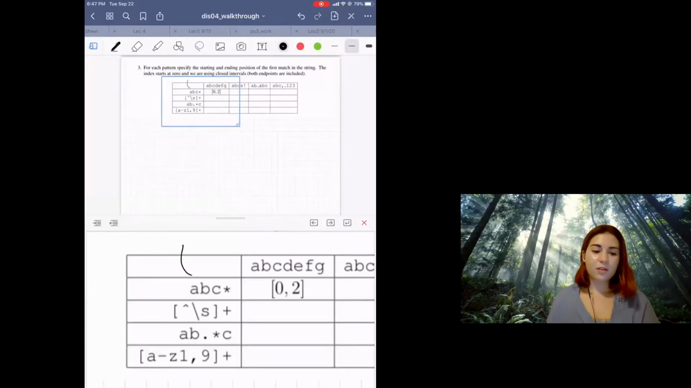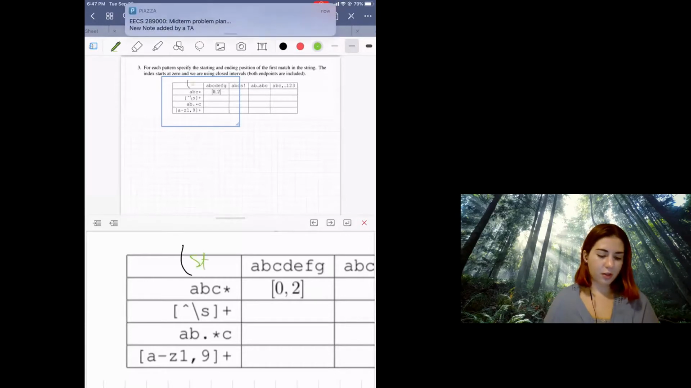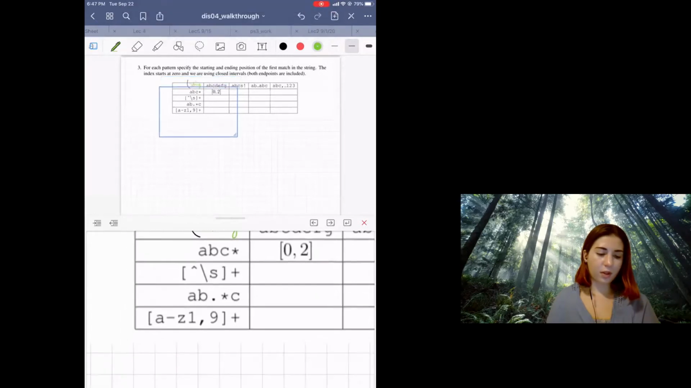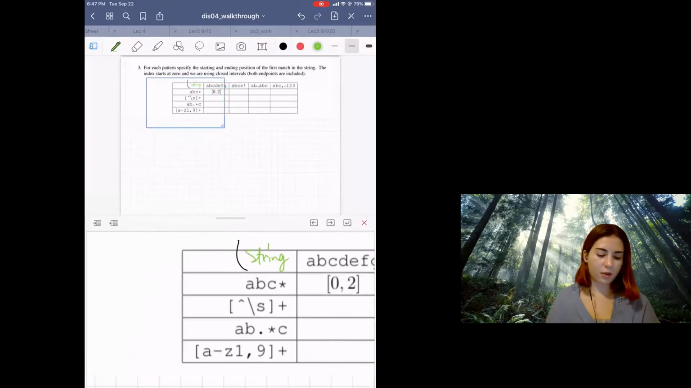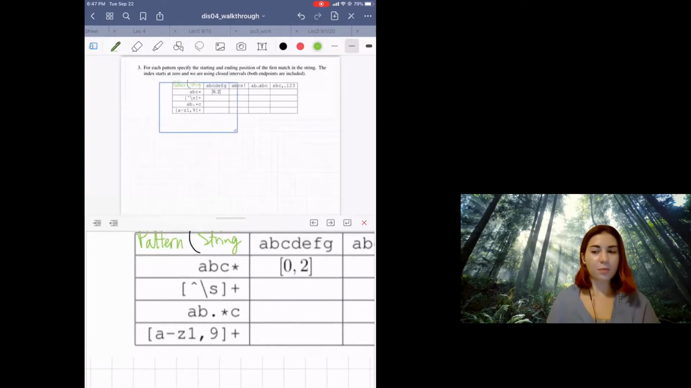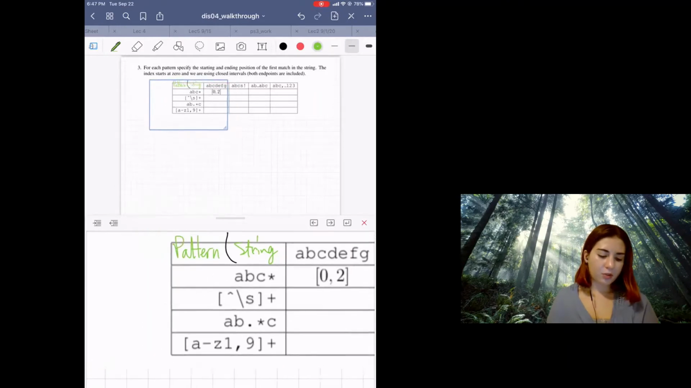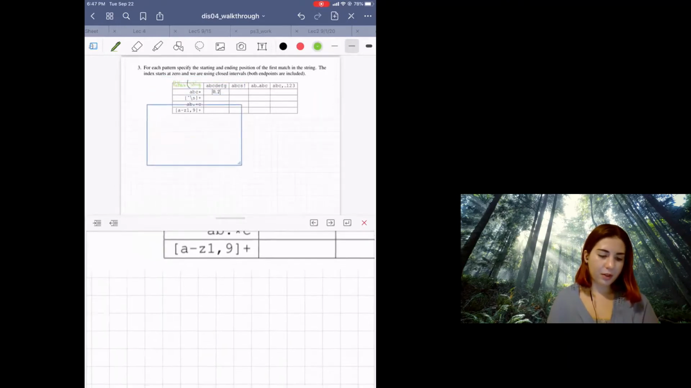Hey everyone, this is Regex discussion 4, problem 3. This problem asks that for each string that we have here as the columns, and for each pattern here in the rows, identify the start and end position. This is inclusive of the first match of that pattern in the string. Just really quickly, to take a look at our first pattern, we have